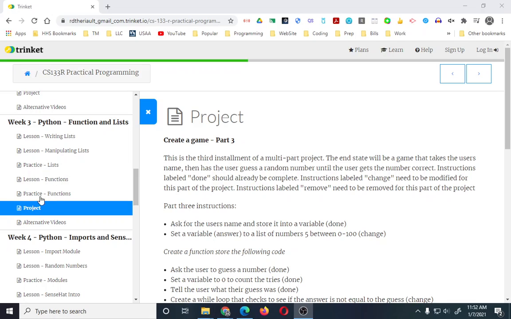This is week 3. We're working on our little guessing game project, part 3, which we're going to add list and functions to what we've already done. Basically, we're going to add a list and make it so they have to guess those quote-unquote random numbers. They're not random in this part, but they're going to guess those,